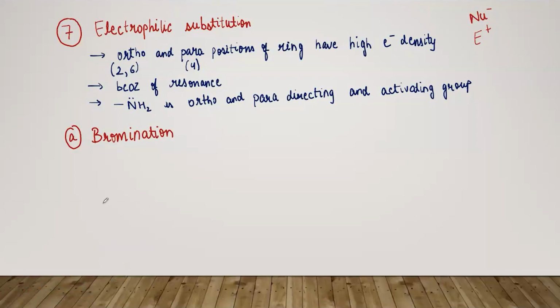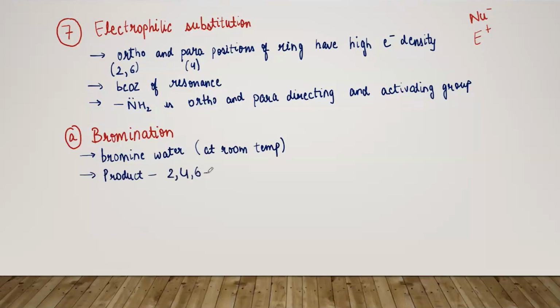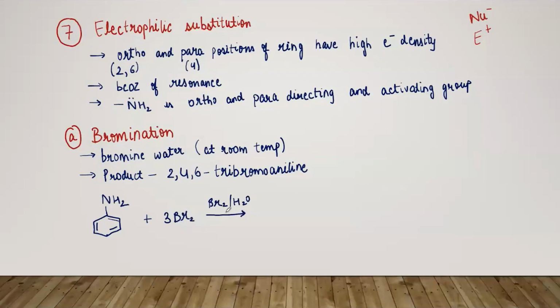a white precipitate of 2,4,6 ट्राइब्रोमोएनिलीन, ठीक है। तो यहाँ पे वो क्या रहा है, ब्रोमीन वाटर इज अ रिएजेंट, ठीक है। यहाँ पे हम ब्रोमीन गैस के बारे में बात नहीं करें, दिस इज ब्रोमीन वाटर एट रूम टेम्परेचर, ठीक है। और जो हमारा प्रोडक्ट होगा वो क्या होगा, 2,4,6। इसका मतलब यहाँ पे क्या हो रहा है, जो मैंने अभी बताया ऊपर कि ऑर्थो और पैरा पोजिशन पे अटैक होगा वही हो रहा है, 2,4,6 ट्राइब्रोमोएनिलीन, ठीक है। सो आई राइट डाउन द रिएक्शन, दिस इज टू रिप्रेजेंट ब्रोमीन वाटर, ठीक है।